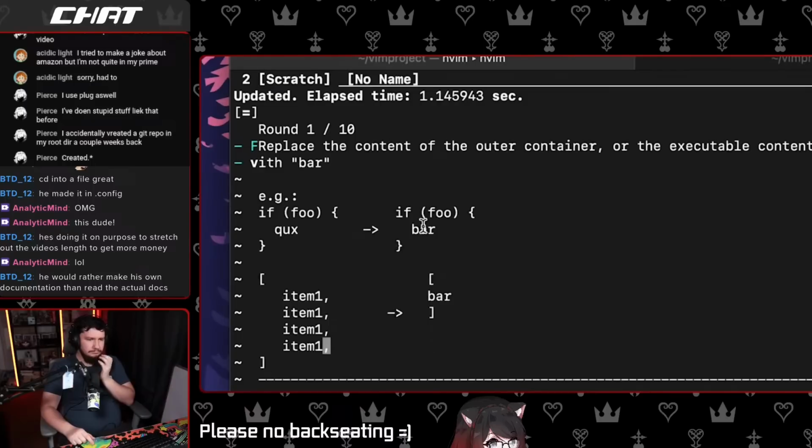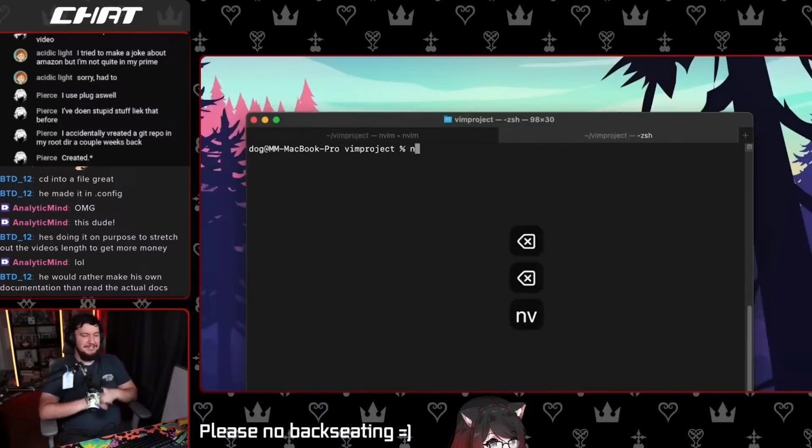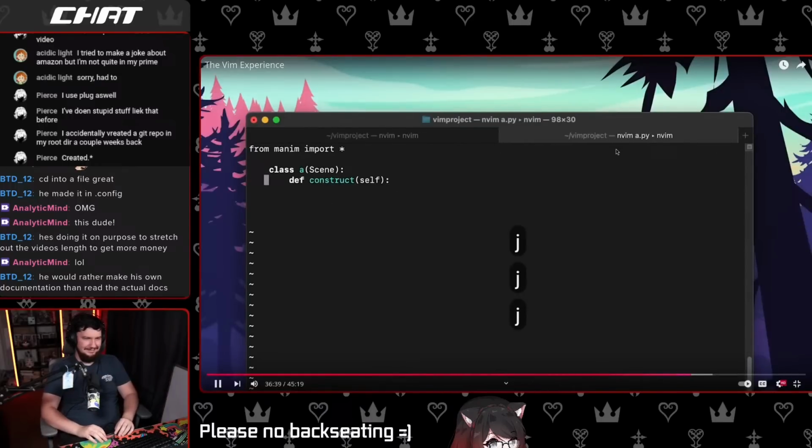Oh, these are two separate columns. Okay. If foo, then QUX. If foo, then bar. So I need to replace QUX inside of these with bar. And here I assume it's a different example. So everything here inside of these brackets needs to be replaced with bar. I have absolutely no clue how to do this. Okay, instead of doing the game, maybe don't do it on nightmare mode and try to practice this without